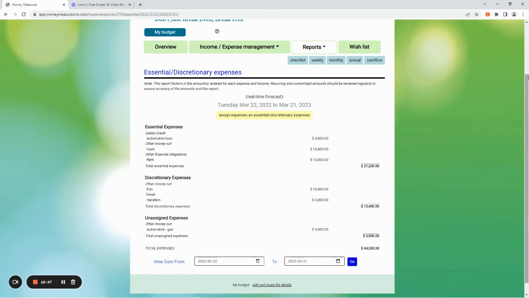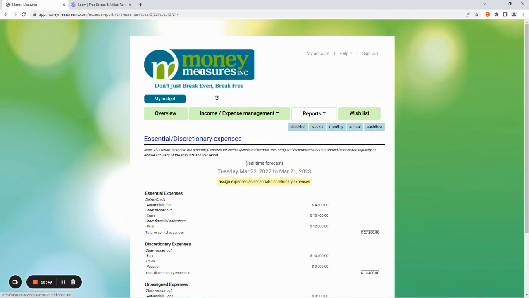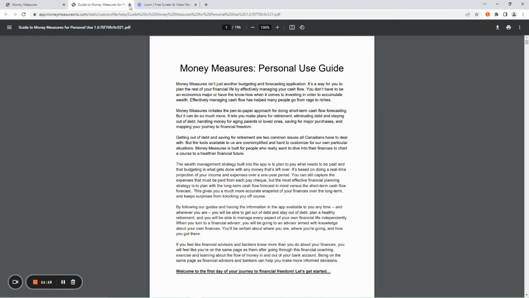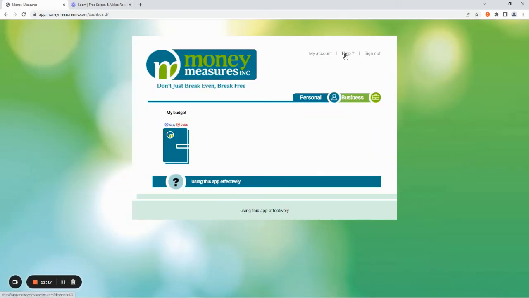Those are the pages within a budget file. So now I'll click on the logo to take me back to the home page. And I can see the file that I've created. Other than the home page and a budget file, if you have one, and working within the budget file, the other pages, the manual for the personal side of the app, the manual for the business side,